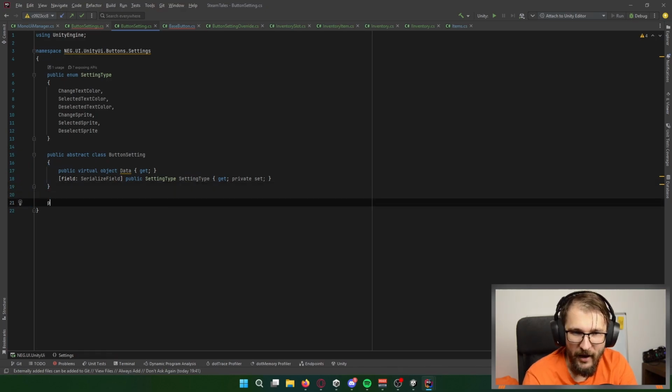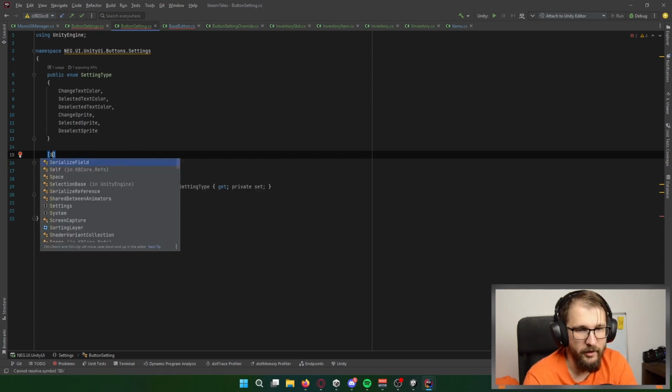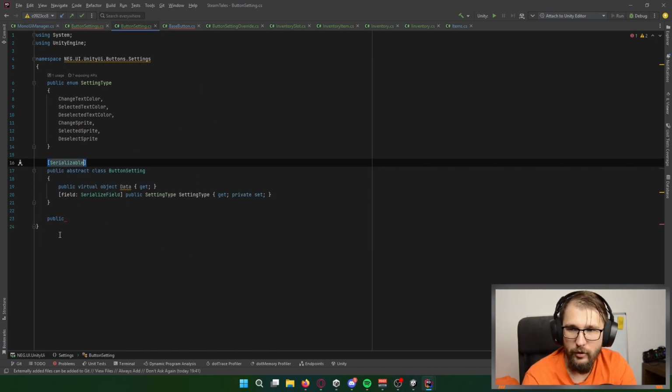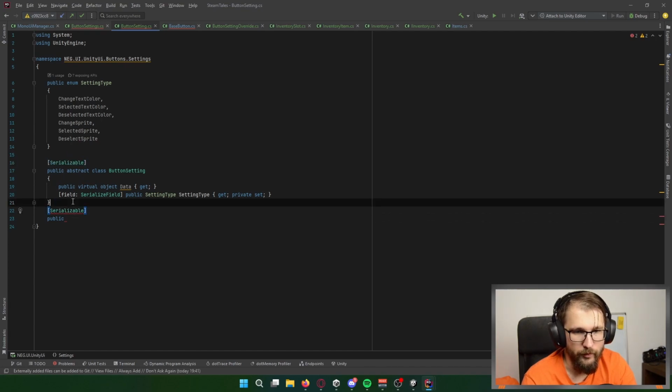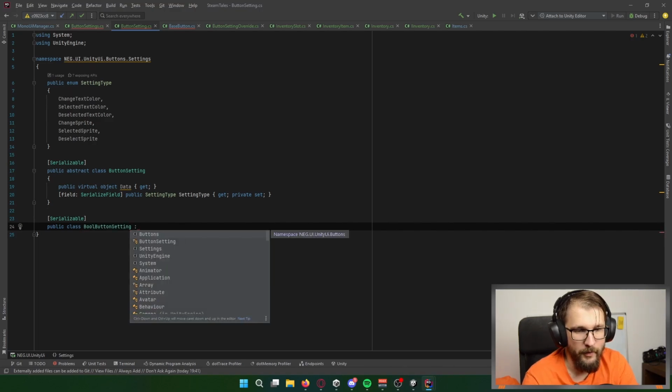And now I think I can make public, of course not serialized, but serializable to make it work. And I want to make this override public class. It will be bool button setting with